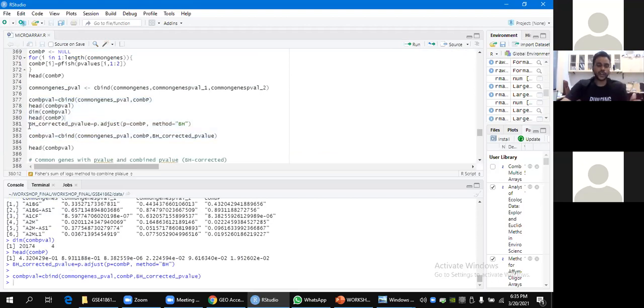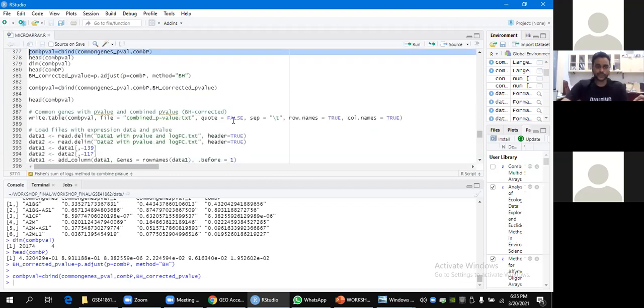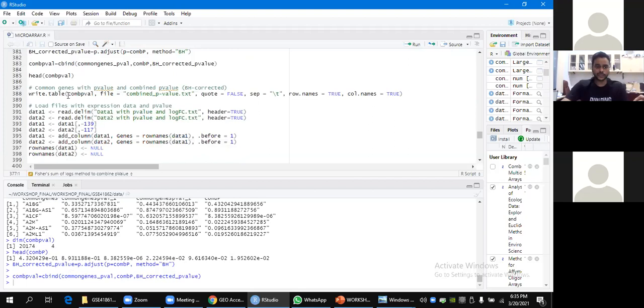Now we'll apply the Benjamini-Hochberg correction method for adjusting my p-values, which are obtained using this line, comp p-value. Save the file, combined p-value. I'm saving it in a file named combined p-value.